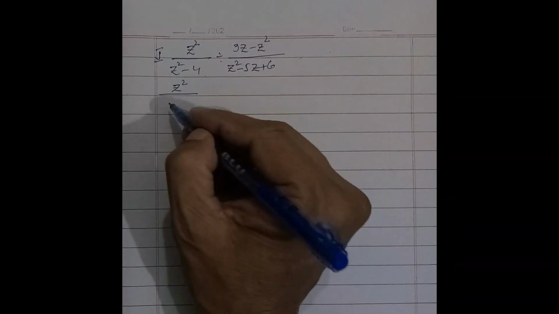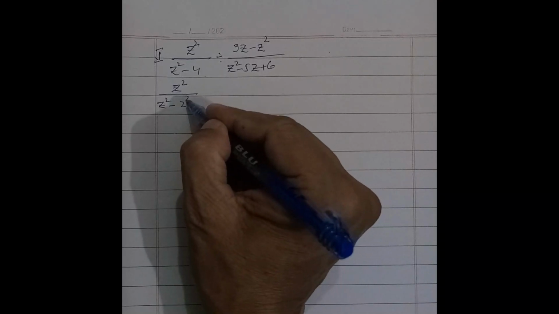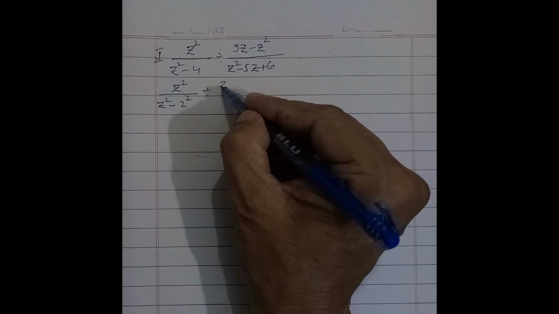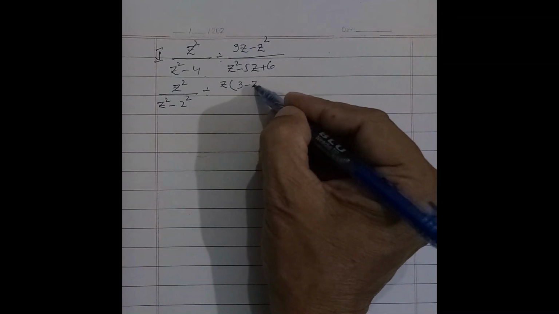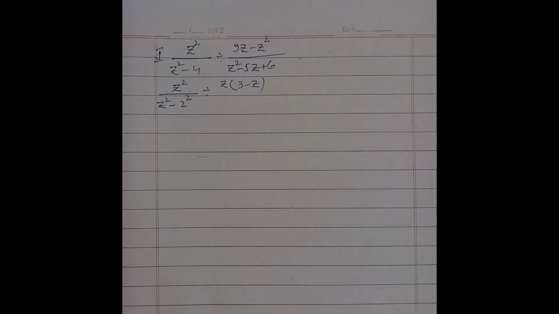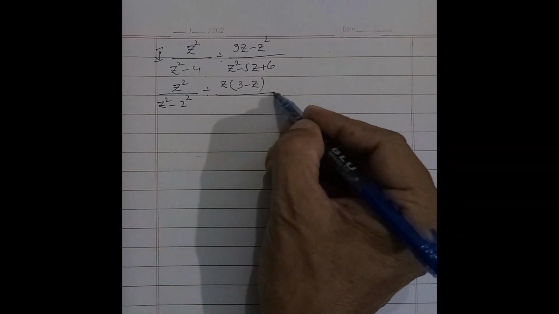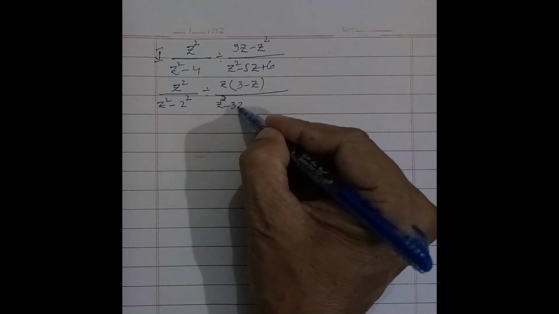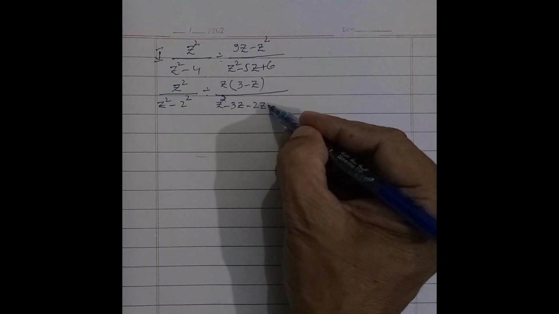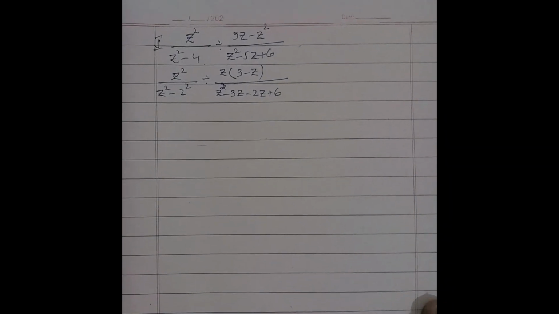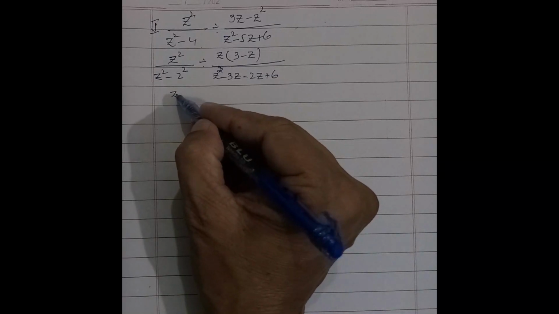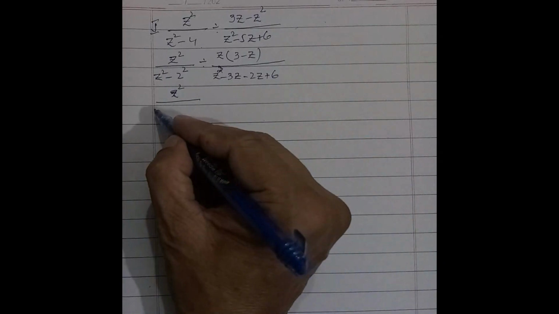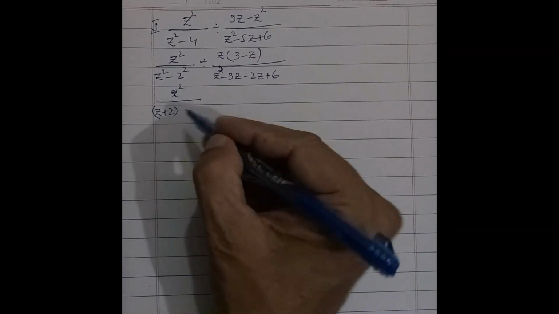z square over z square minus 4 is 2 square divided by take common z from the values. The remaining value is 3 minus z. And in the denominator, factorize z square minus 3z minus 2z plus 6. Factorize the values. It is z square, it is a square minus b square. Answer is a plus b into a minus b